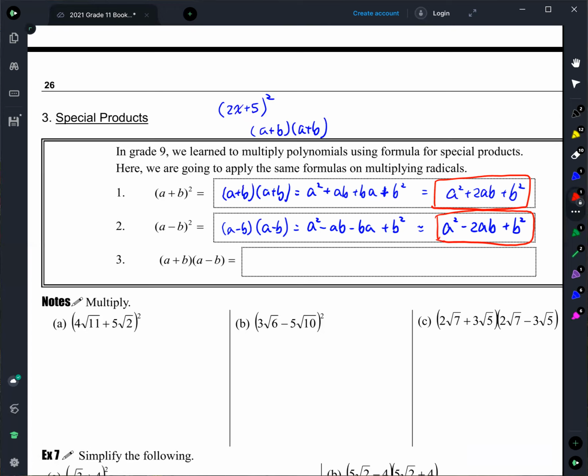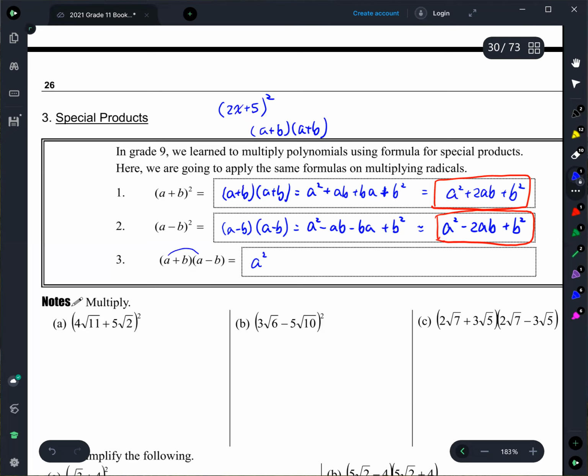And then the third one is (a plus b) times (a minus b). Jenny, do you remember the formula for this one? No. Then let's expand it as well and find out. Okay, so you can do the FOIL. So it would be a squared. Yeah, a times a. And then,